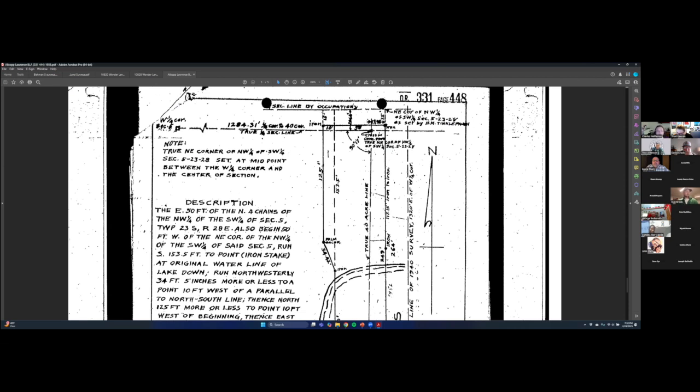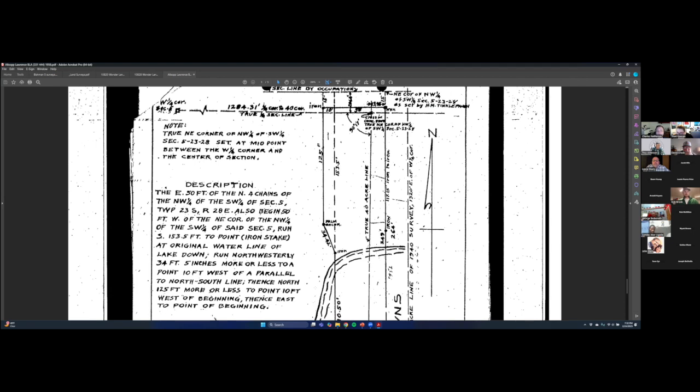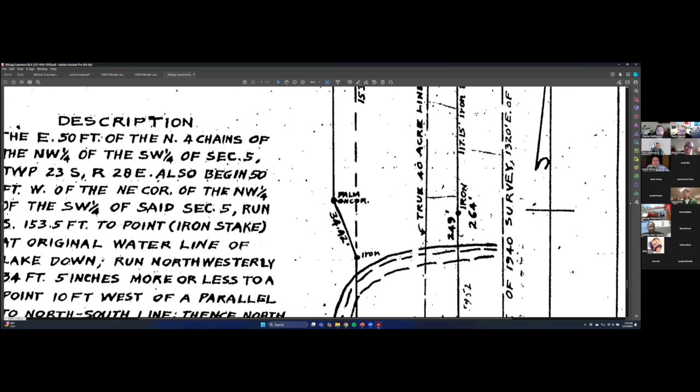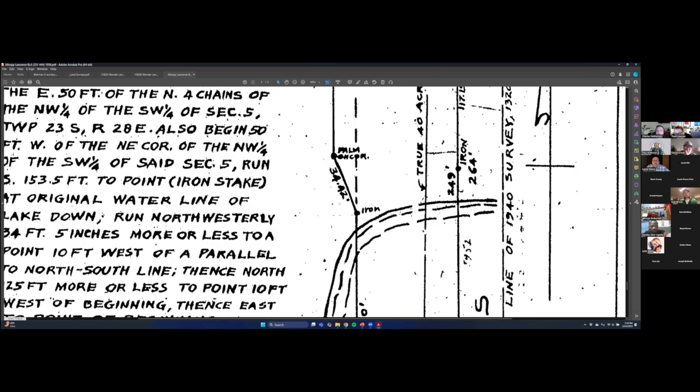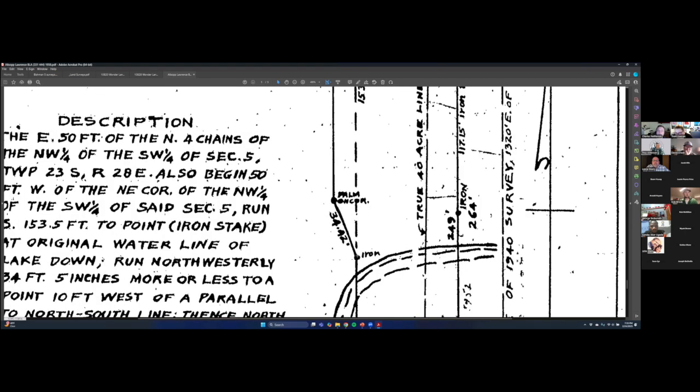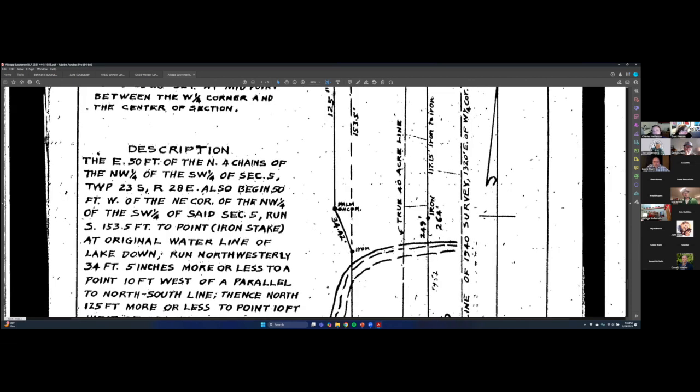After I realized what this was, I don't want to spoil the fun for stage 3, but these monuments were missing on the shared boundary line after stage 2, and we had to use some math and some other ingenuity to reset these corners based on the 1955 agreement. Nobody knew that there was this boundary line agreement between these properties, not the owners, not the attorneys, not anybody. And what was really funny was the surveyor in his deposition had a lot of nasty things to say about my report,